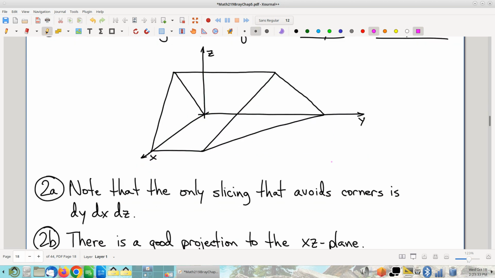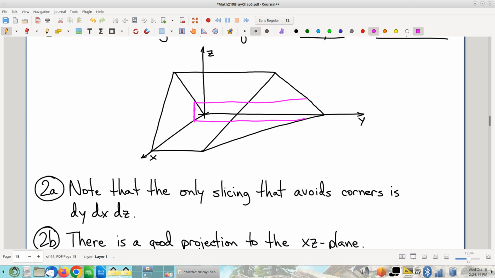Now that we have a reasonably decent picture of the shape, you can start slicing if you like. The slicing process is going to have problems in all but one way. And this is a really good little mathematical exercise, to try the 6 different orders of slicing. Just try all 6 of them. It's a good exercise in drawing as well, right? And for example, as you slice perpendicular to the x-axis, your slices are